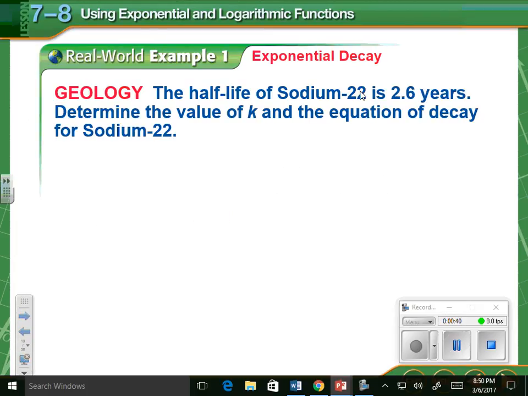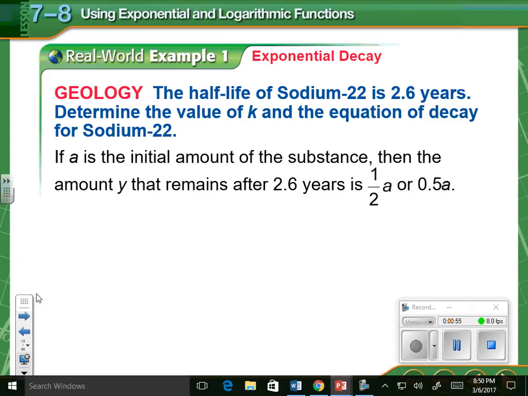So the half-life of sodium-22 is 2.6 years. Determine the value of K and the equation of decay for sodium-22. So A would be the initial amount of the substance, and Y,